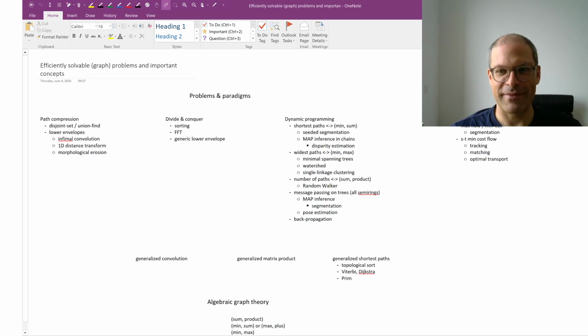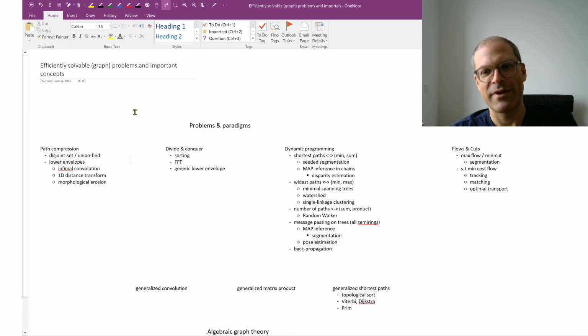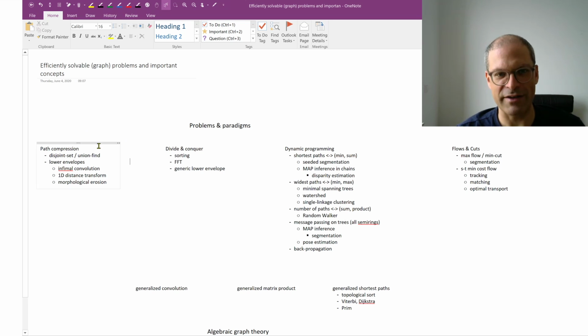And here I have a big overview of problems, so some broad classes of problems that can be solved efficiently. There are path compression problems with a practically linear complexity, which are used in the disjoint set or union find data structure. So the complexity here is n, where n is the number of observations. The same complexity applies to estimating lower envelopes, at least if one of the two functions is convex. And this has applications in computer vision, for example, in certain morphological techniques that we'll talk about, 1D distance transform,